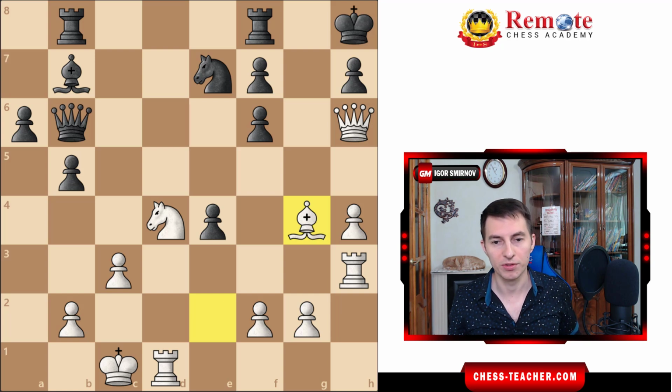So bishop g4 in this case creates a threat of maybe bishop f5 hitting here, or maybe knight f5 creating a threat of queen to g7 checkmate on the next move. So bishop g4 creates a number of threats. Black played rook g8, which is definitely a good move, bringing the rook closer to the king, attacking this bishop,